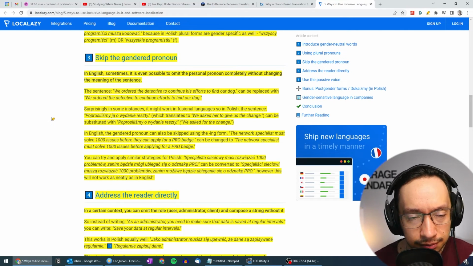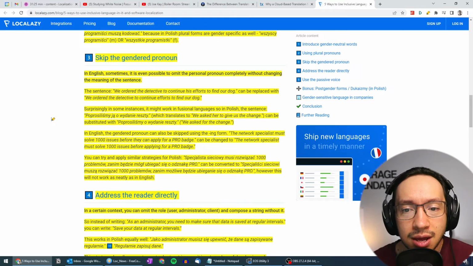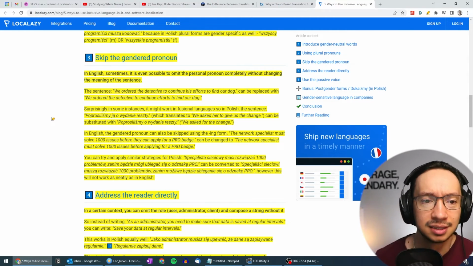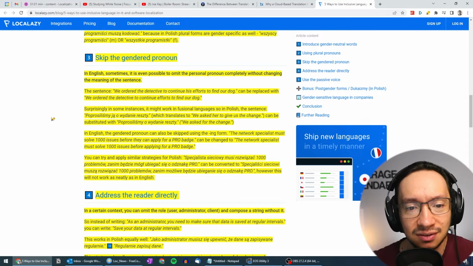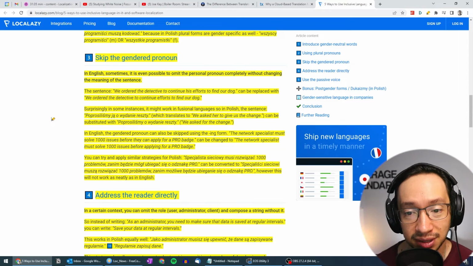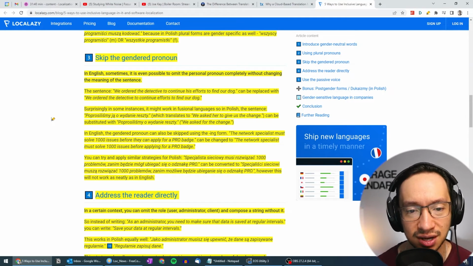Number 3. Skip the gendered pronoun. In English, sometimes it is even possible to omit the personal pronoun completely without changing the meaning of the sentence. The sentence, "We ordered the detective to continue his efforts to find our dog," can be replaced with "We ordered the detective to continue efforts to find our dog."